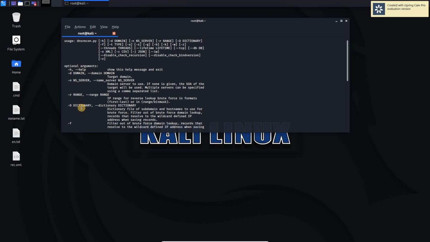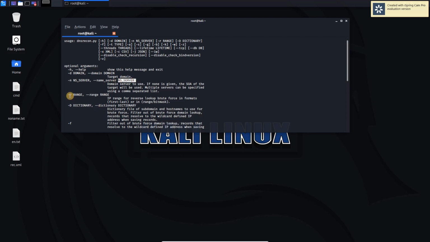There are various different options available with this. Its usage is like this, and we can specify a domain target by using -d and the domain name, or we can also specify a name server by using -n or ns underscore name server, or -fn name underscore server and the name of the name server.